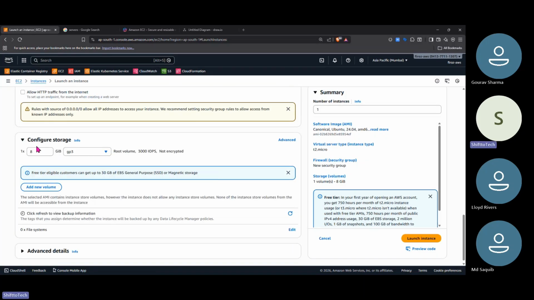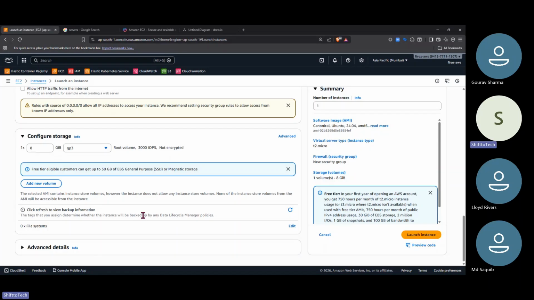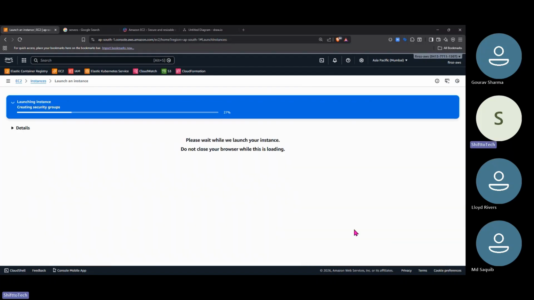This is like storage. How much storage do you need? 8 GB, 20 GB. For a computer, you will minimum need 28 GB of storage. Here you can select any number you want. 8 GB is a small server we are using for testing purposes. So these are the configurations. In 30 seconds, we got one server.